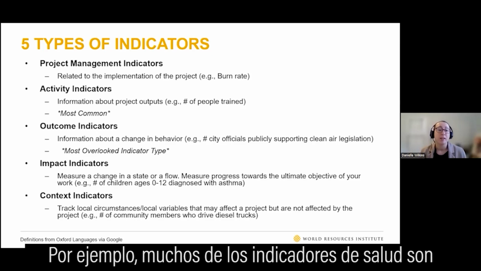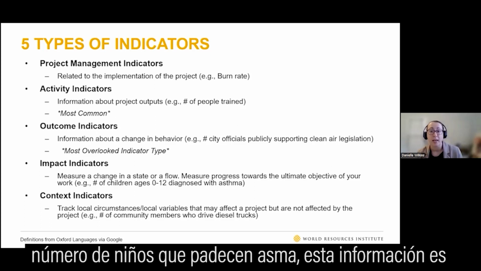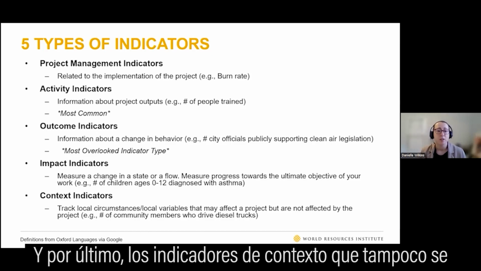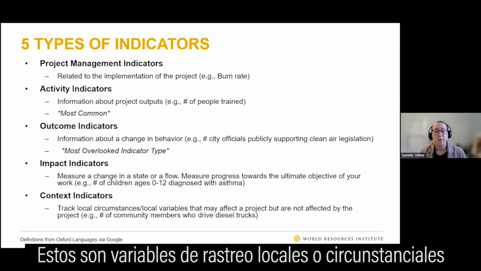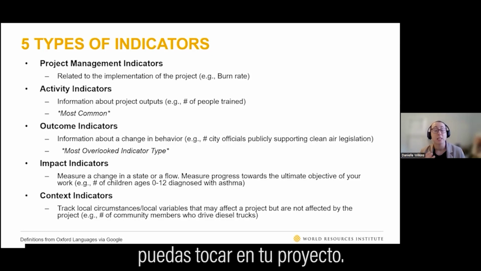Example, a lot of health indicators tend to be impact indicators. So, is there a reduction in the number of children with asthma? That really high-level type of information is what we consider impact indicators. And then context indicators are often overlooked, but are also quite important. These are tracking local variables that can affect your project, but that you might not be touching on in